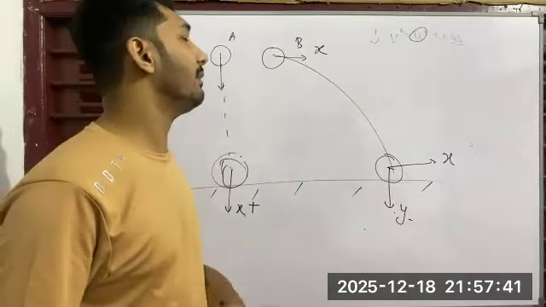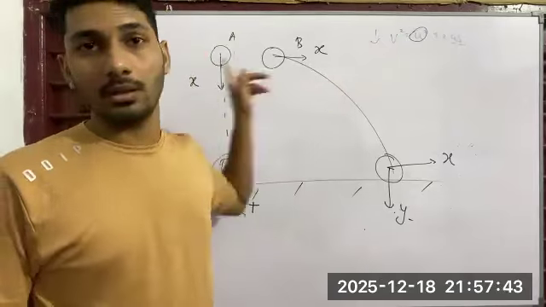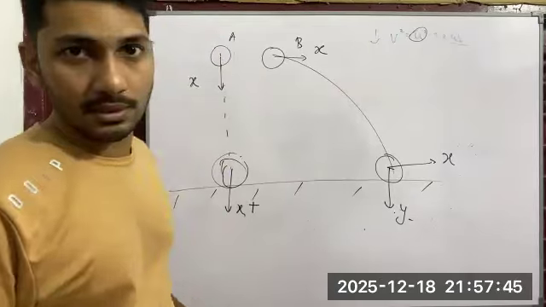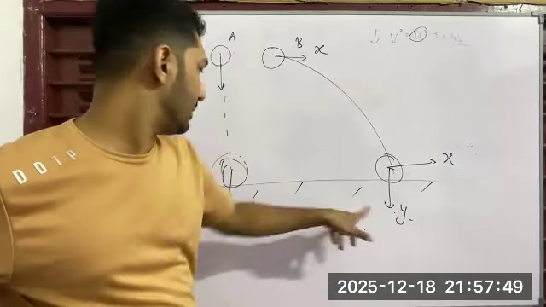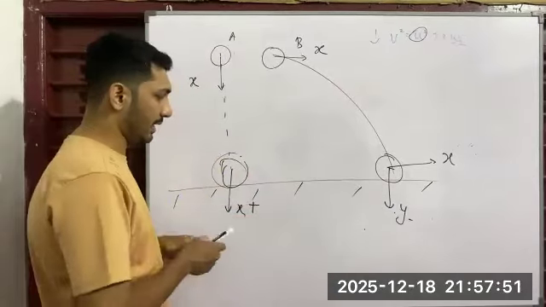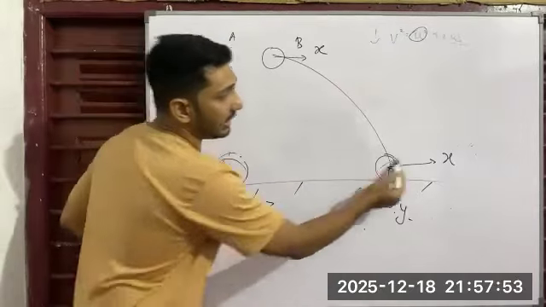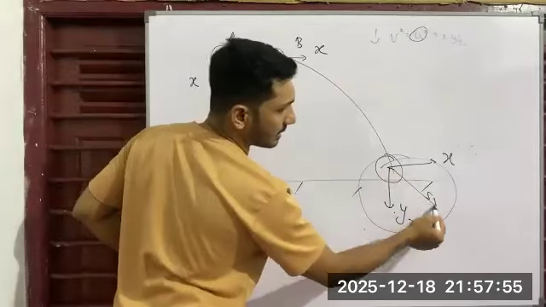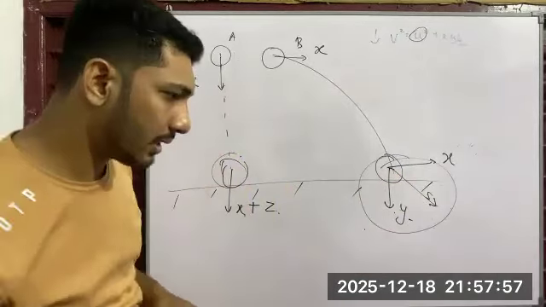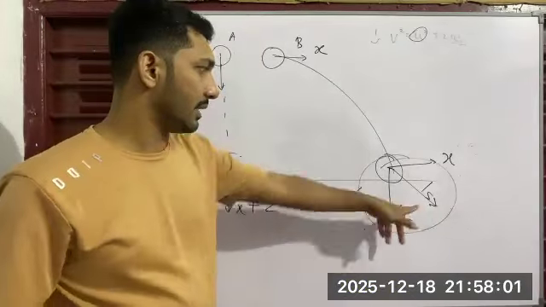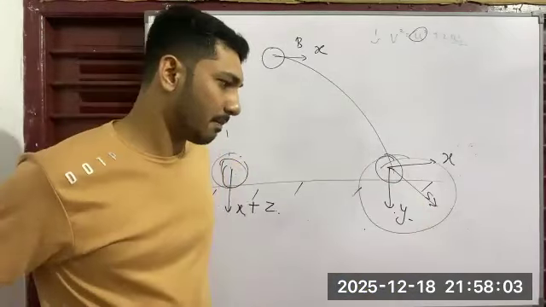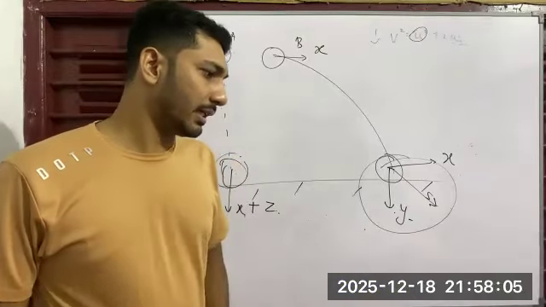So final vertical velocity is greater for this. Now here, y is smaller than this vertical velocity, let's call it z. And here it is not addition, it's Pythagoras. Okay. So this is a smaller resultant velocity. So the correct answer is